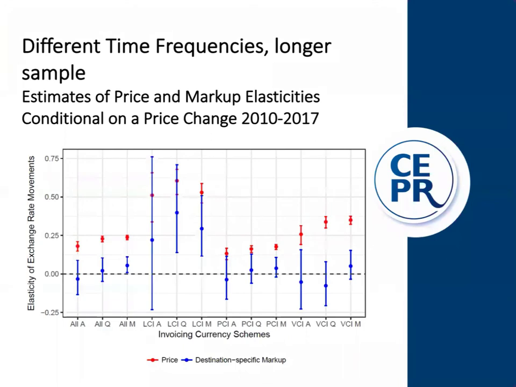So I do know a few things about this because I looked into this recently. The US, as Meredith is saying, is essentially an outlier. The US does everything in US dollars, so there's not much variety in different currencies. The Eurozone is also a bit like the US in the sense that it is very heavy in euro invoicing. And also countries that are very exposed to the Eurozone, that are nearby but not part of the Eurozone or not even part of the EU, are also relatively exposed to the euro. Turkey, for example, or Morocco. They do a lot of invoicing in euros, I guess the obvious reason being they're very close to Europe.